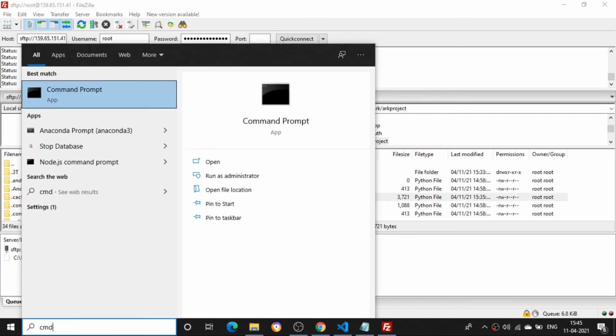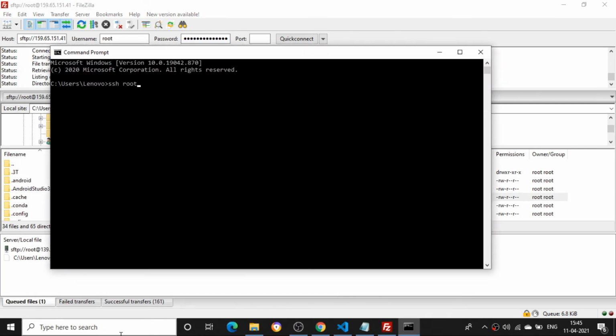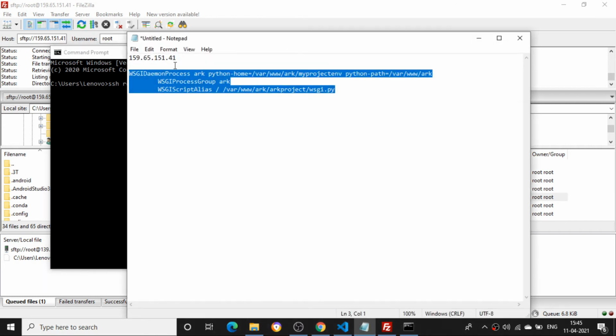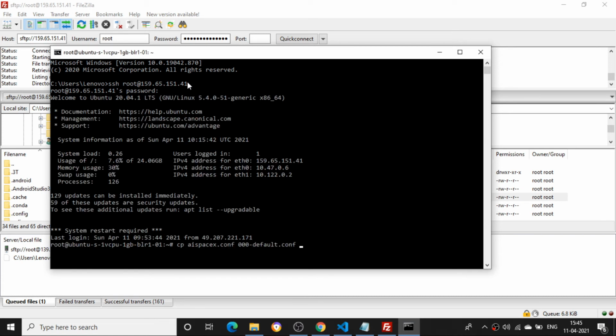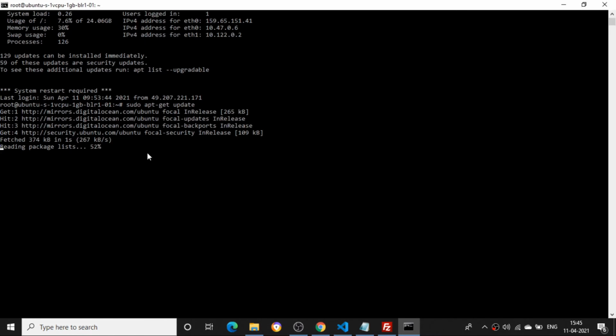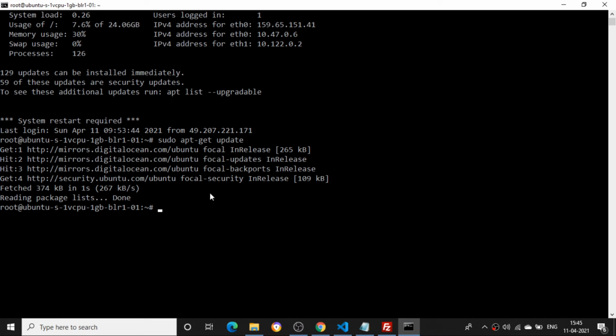Again I'll open it, cmd, ssh root@ and then I'll open this inside my command prompt. I'll add the password and come inside it. Now I'll restart it. I need to enter restart server, so I can enable the above keys. I'll click on update. Whatever updates are there, it will update all of them. Then I'll restart the server.